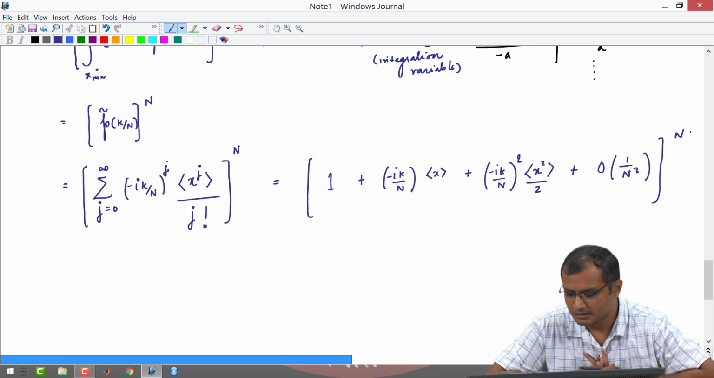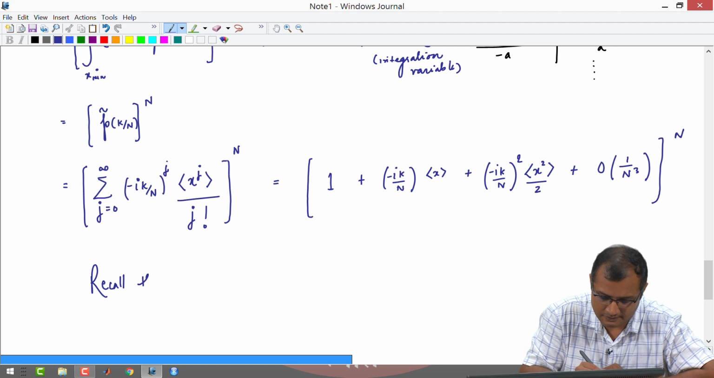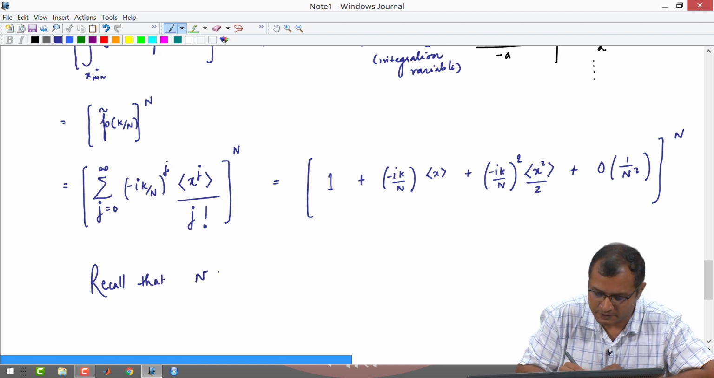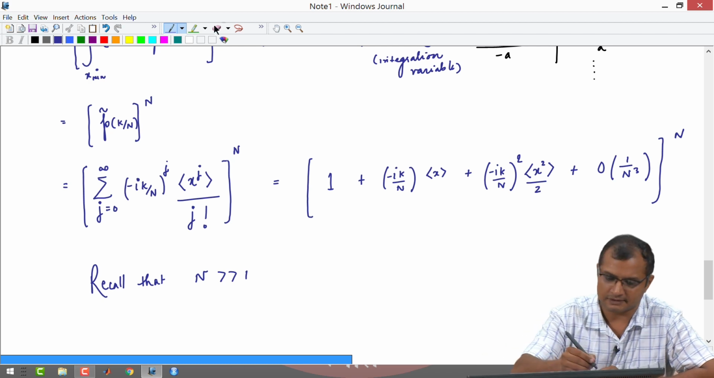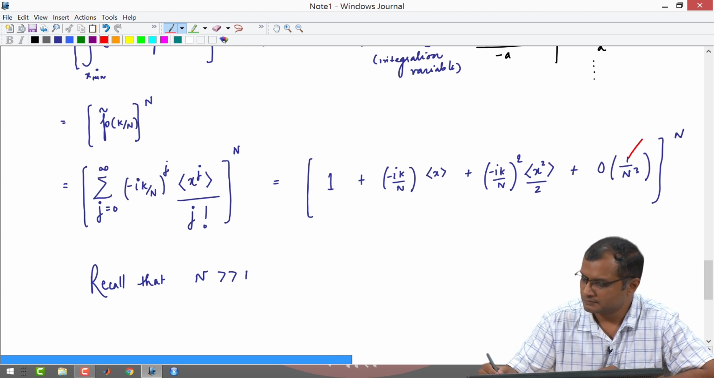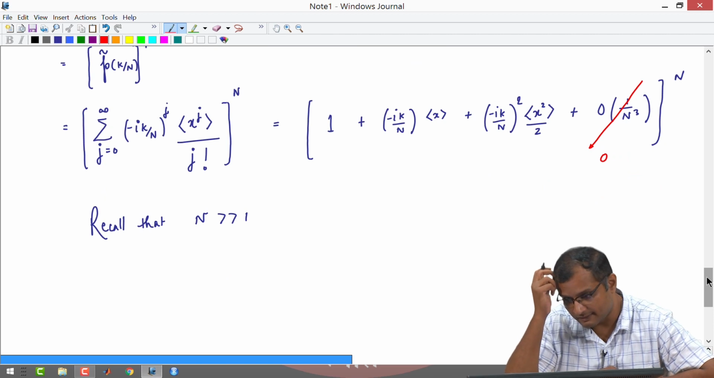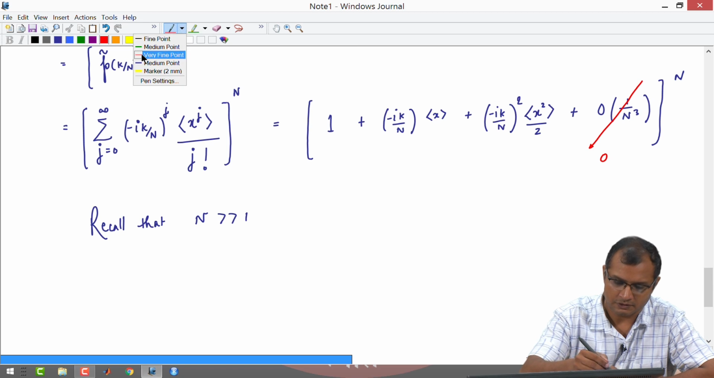Now, recall that our assumption was that we had taken n to be much larger. We are going to derive the central limit theorem for very large n. If that is the case, I can drop the terms of the order 1 upon n cube in comparison to 1 by n square and 1 by n. So, when you drop this, you get